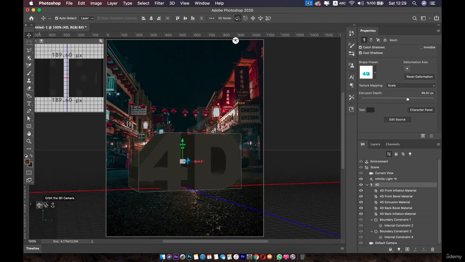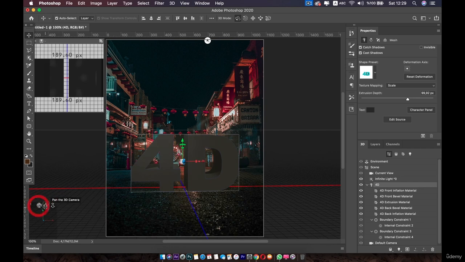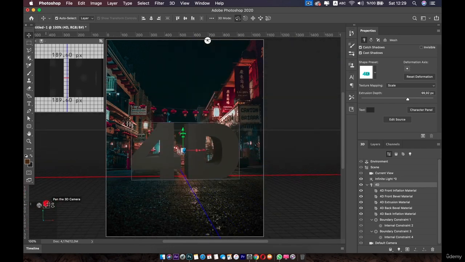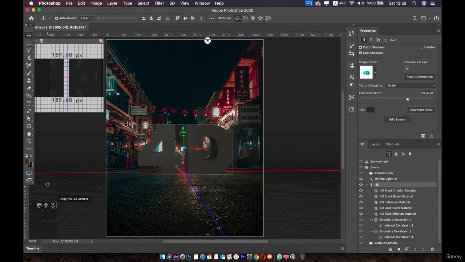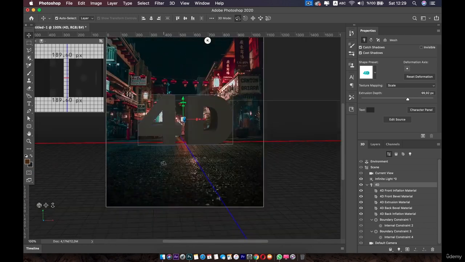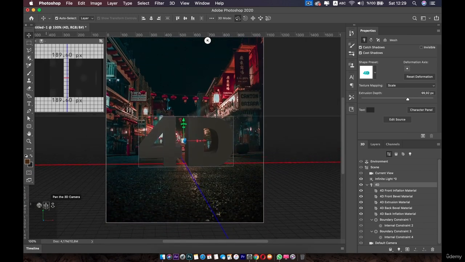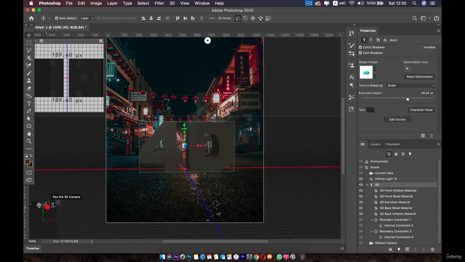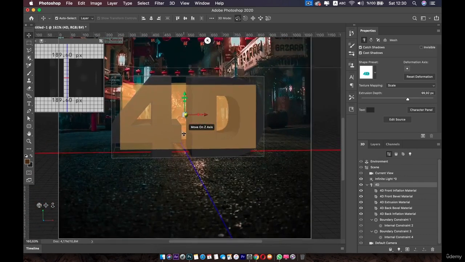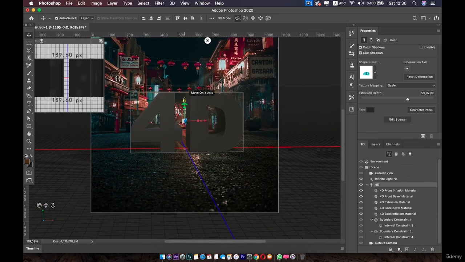This is the orbit tool for rotation. This is the move tool for pan movement, and this is the dolly 3D, moving upward and forward. Let me fix the environment a bit. Later we are going to take our time and fix the environment, but now for each object we have these